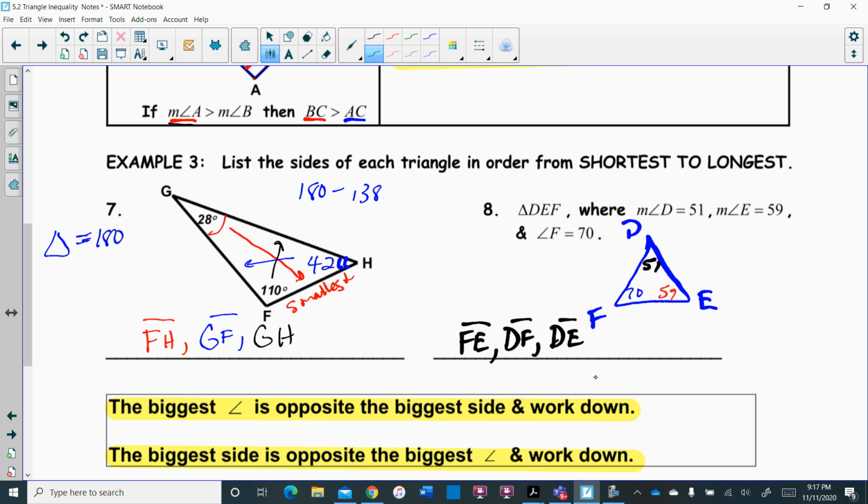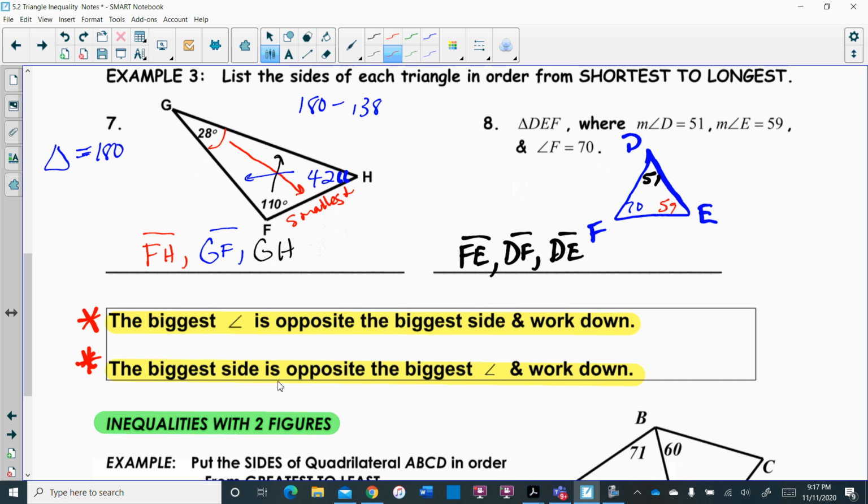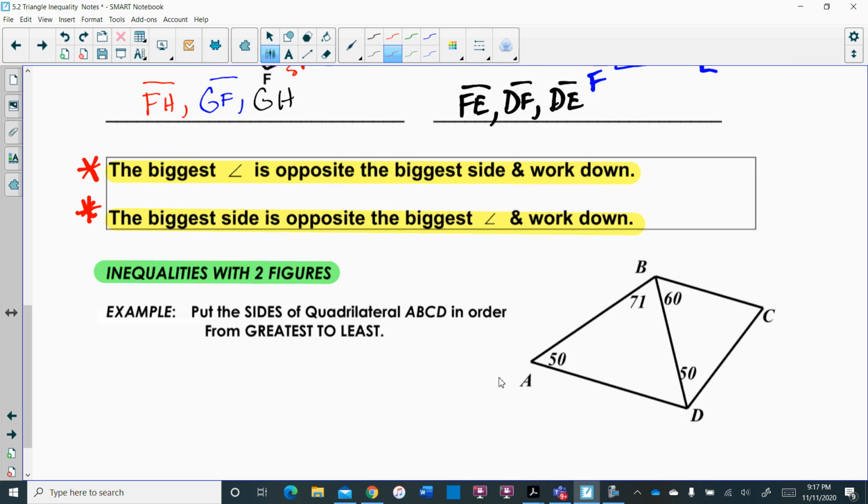So this is important right here, these facts, this relationship with triangles. The biggest angle is opposite the biggest side, and you just work down. So you go big to medium to small, and your biggest side is always opposite the biggest angle, and work down. Okay? So you're going to have some practice problems in relationship to that to see how well you understand this from this video. The last thing I want to talk about is when you have inequalities with two figures